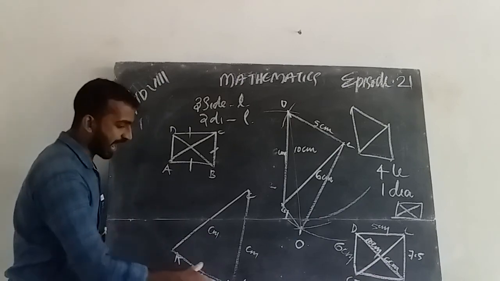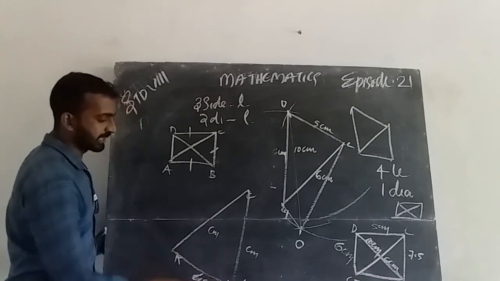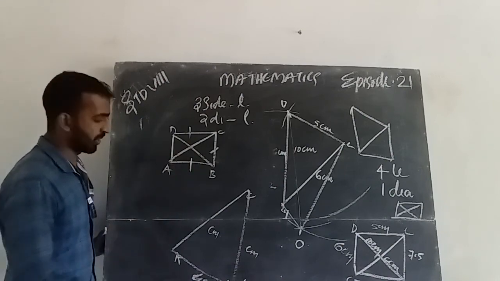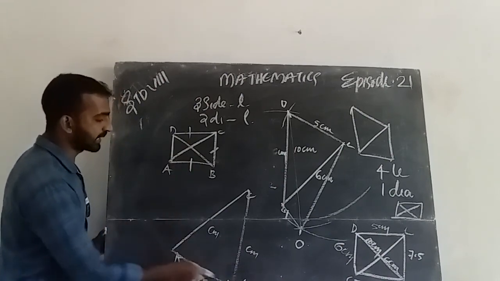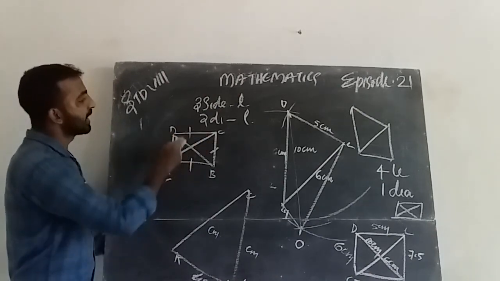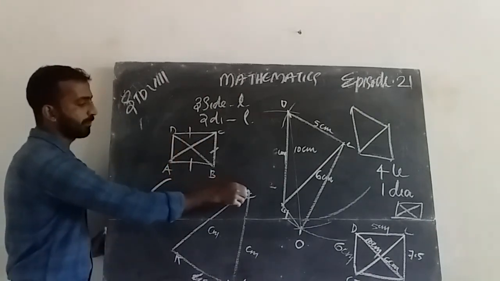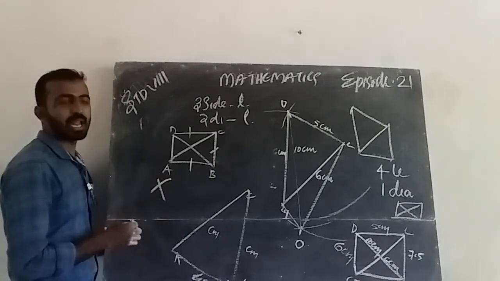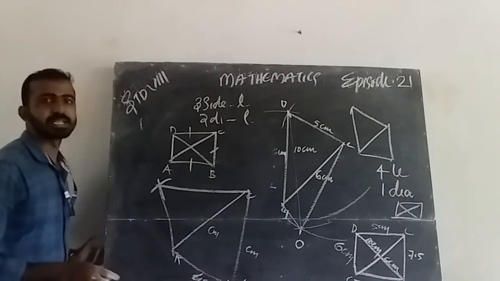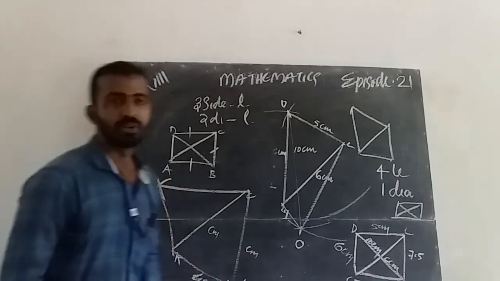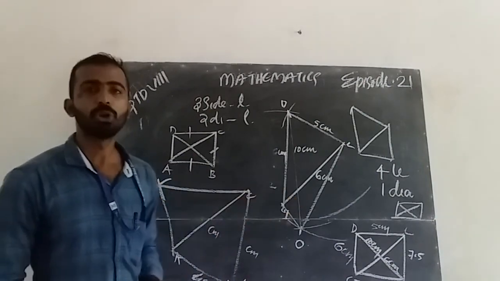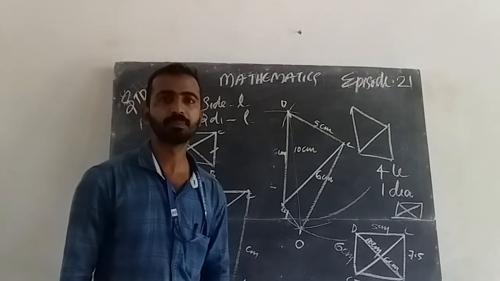Next, we draw a diagonal. BD is also a diagonal. BD is also known. So we take this length and make an arc. And next, the other point is also known, so we mark an arc. Then we can join these. This is the method of drawing a quadrilateral with three sides and two diagonals measurement.